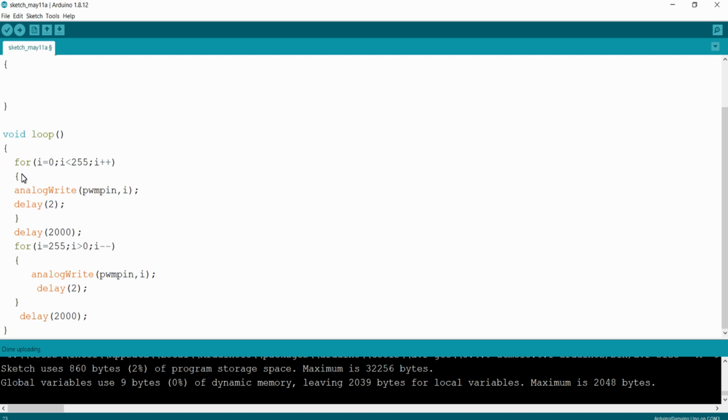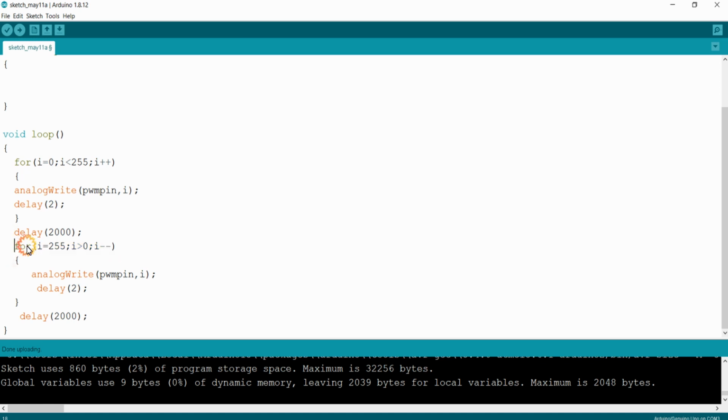Now you can see this loop will start from 0 and give the values to this analogWrite function. So the duty cycle value will start from 0% and attain 100% with a 2 millisecond time period for each value. When it reaches the maximum value, that is 100%, it will wait at 100% for 2 seconds, and after the delay it will start counting from the maximum value to the minimum value in descending order using this loop.